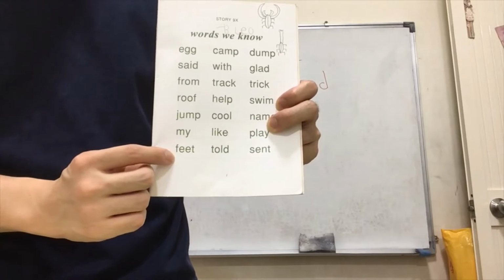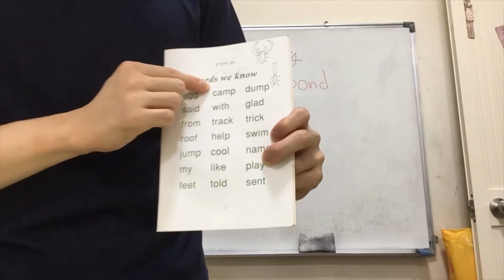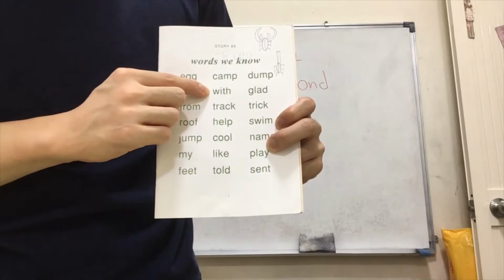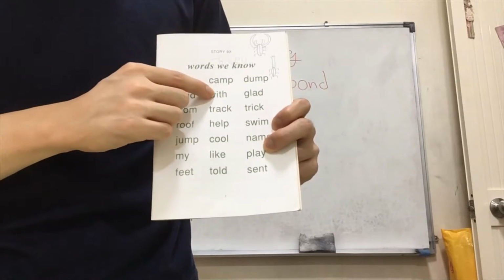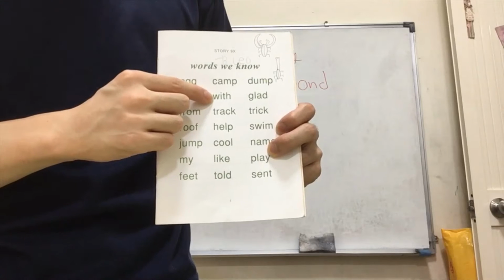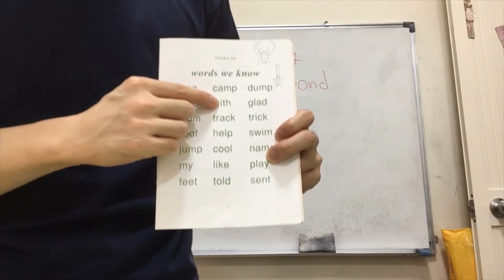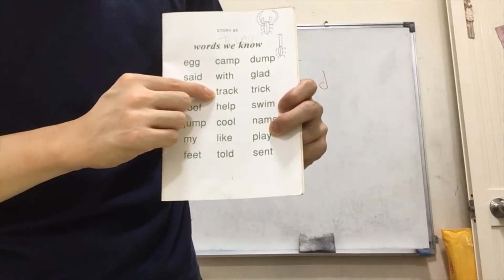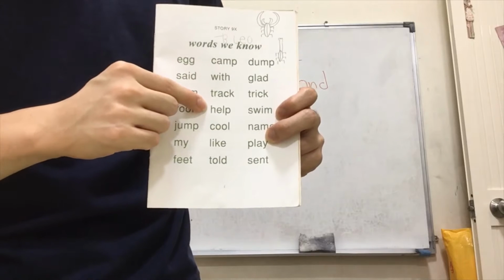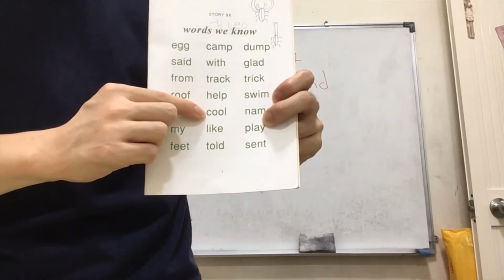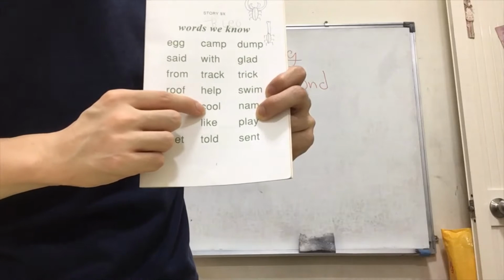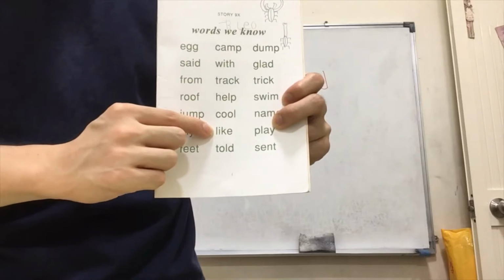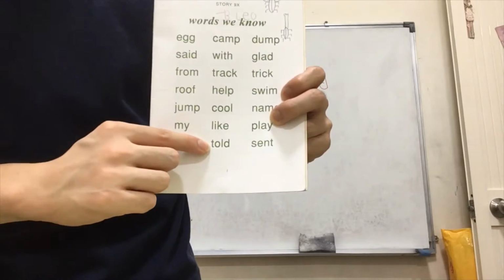Followed by camp, with, th at the back, so you need to have the sound, with. Track, help, cool, double O, so ool, cool, like, toad,